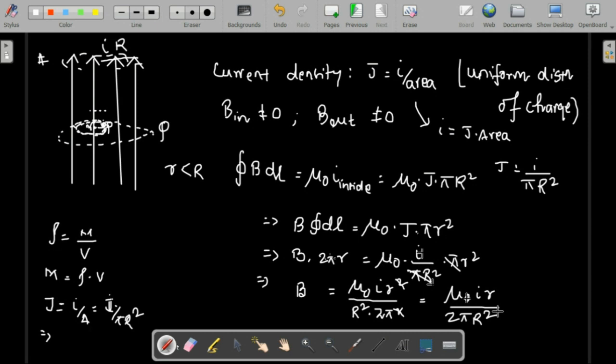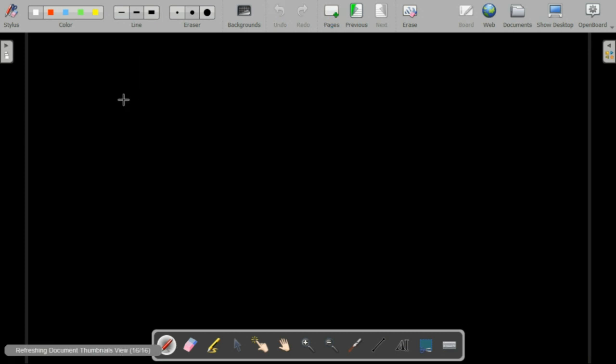So we can use this result, and we can actually even draw a graph for this particular system. Inside and outside. If we just want to find out the inside part, here what we observe is that this magnetic field is directly proportional to r. So as r increases, the magnetic field will also increase. Now if you want to look into outside, this is actually simple, because the current that is there inside will remain the same, right? So if we are considering it outside,